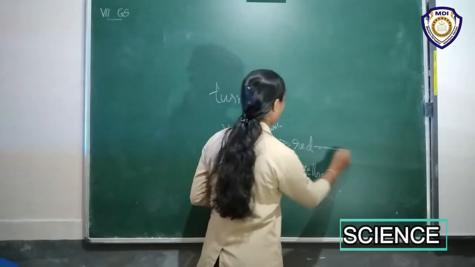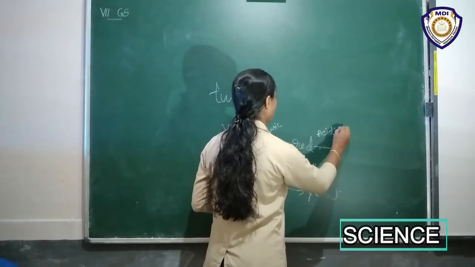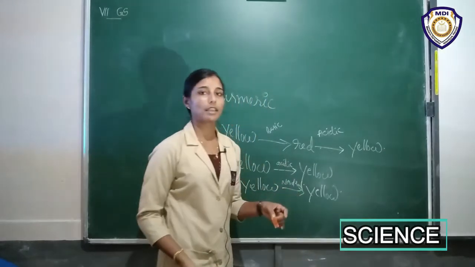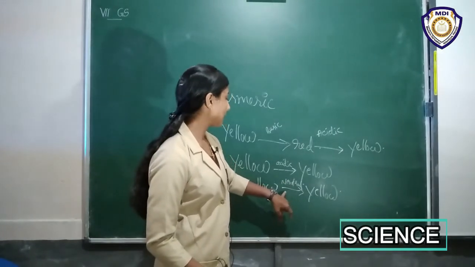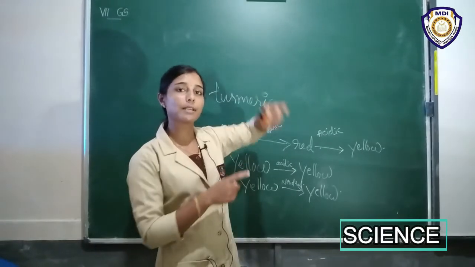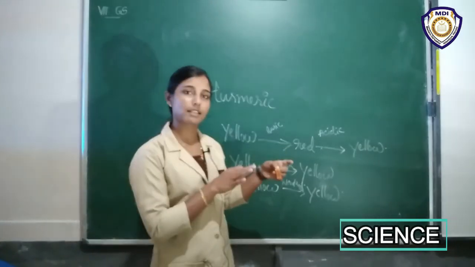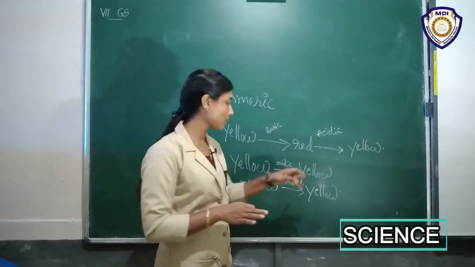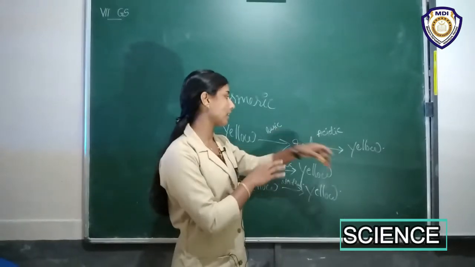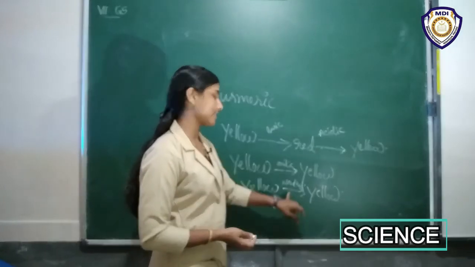Okay, so when this is dipped in an acidic solution, what will happen? This red will change its color into yellow. But if we dip this red strip in a neutral solution, there will be no effect. That is, this red remains as red. If we dip this into an acidic solution, that will change this color into yellow again. So from that only we can find whether it is acidic or neutral.